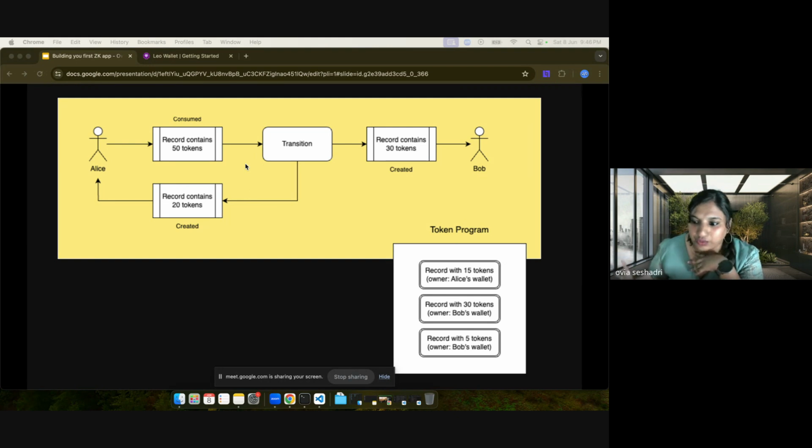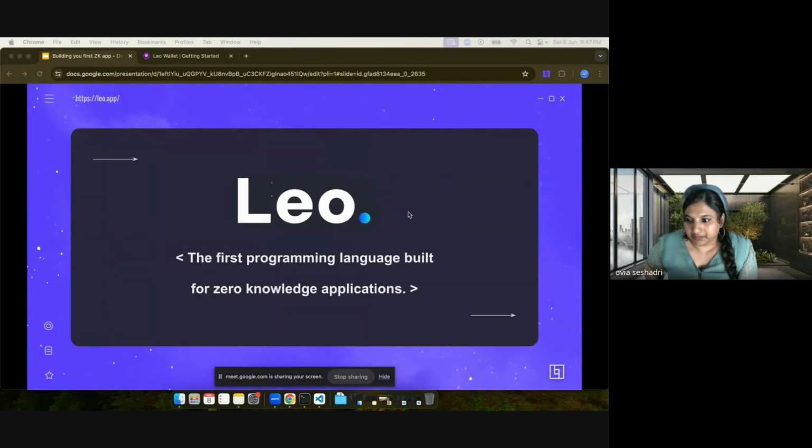So this is how this would be executed on Aleo, right? These records don't appear directly in Bob's or Alice's wallet. The clustering point is the token program with which they interact, and the records themselves have an owner, which tells them whether the record can be used by Alice or Bob, right? Okay, so now that we have a high-level understanding of how transitions work and how the record model is in Aleo,